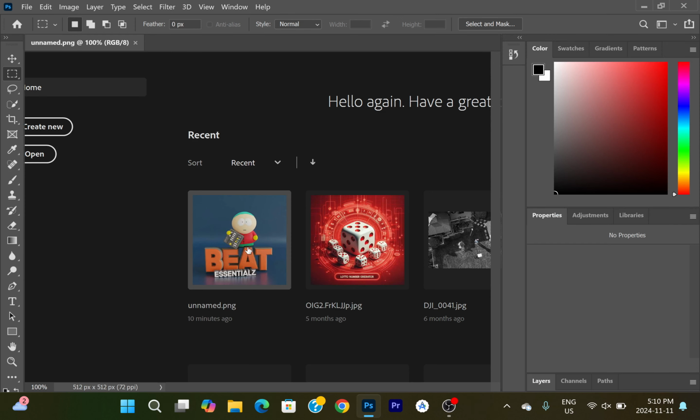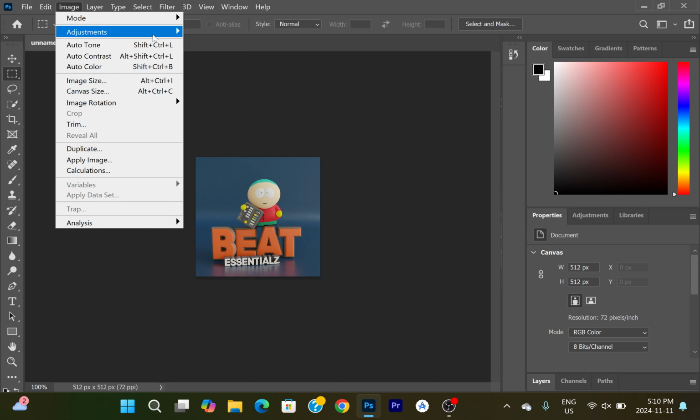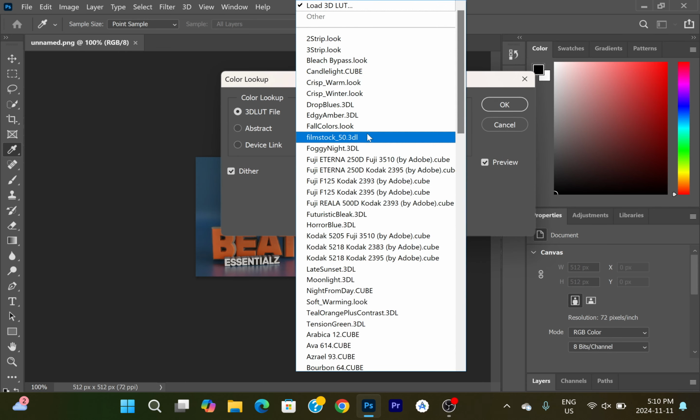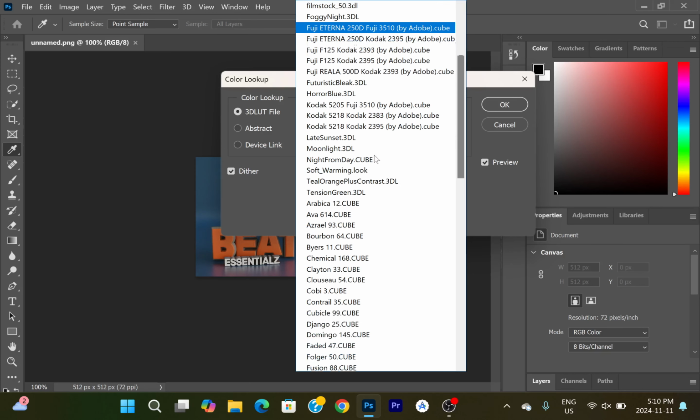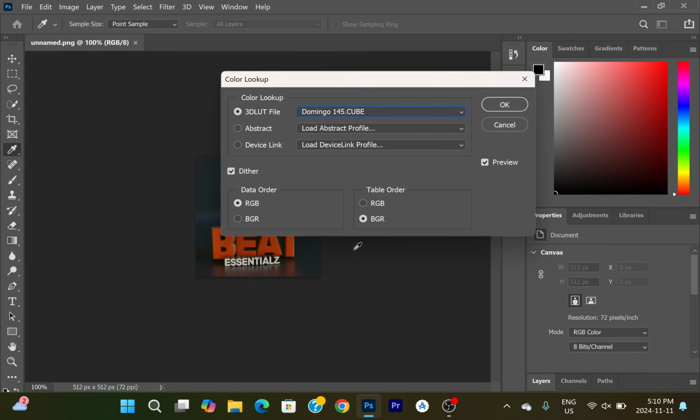So here, I'll go back to this beat image again, and I'm going to click on image, adjustments, color lookup. So now we should be able to see, yeah, you see the ones we just added: Django, Domingo, Faded. Now they're there. They're always going to be there. I'm not going to have to go